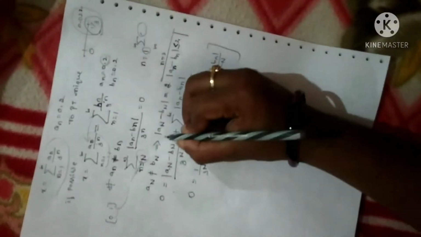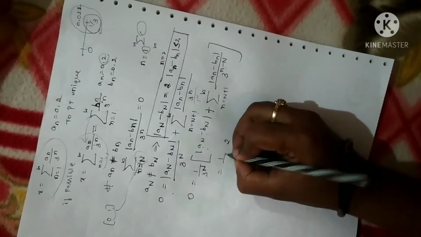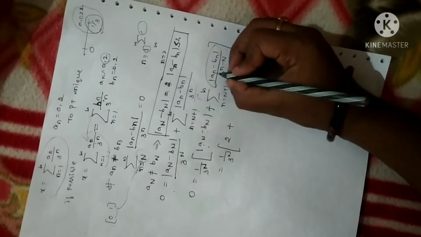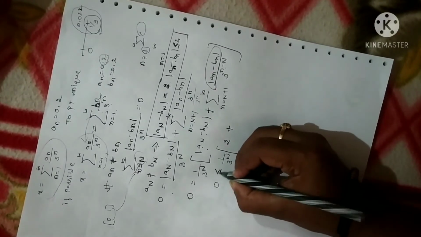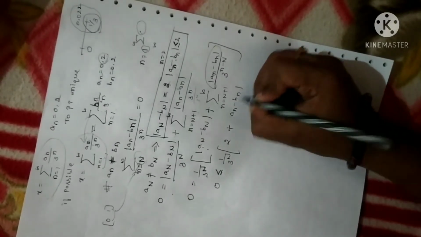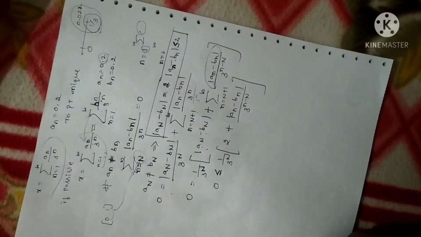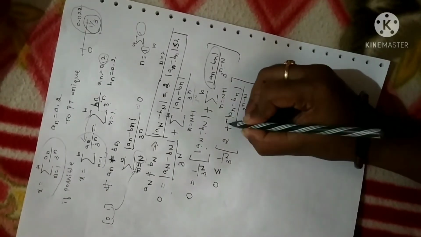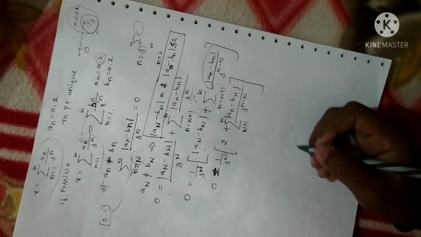Now, I am using these two expressions in this one. So, an minus bn, I can replace it with 2. Plus, since I have an minus bn, it is less than or equal to, so I can clearly write less than or equal to here, an minus bn divided by 3 power of n minus n. Clear? Now, I cannot remove the summation right now, right? I have equals here. I'll do it in one more step.